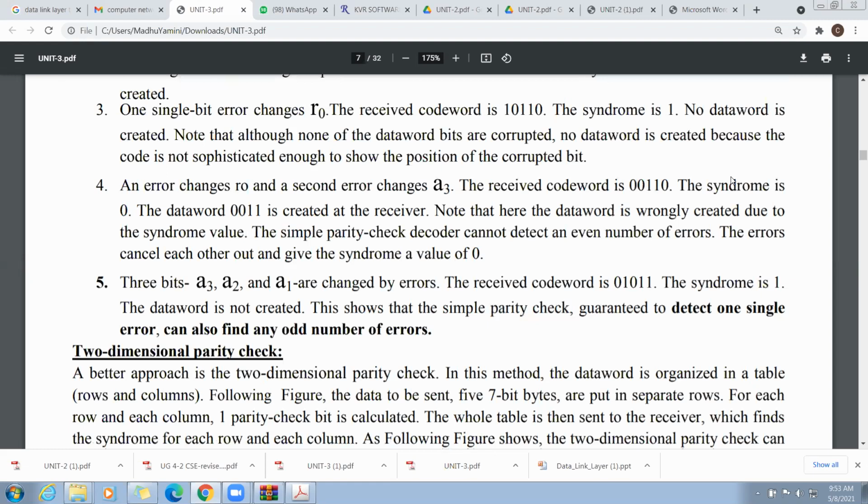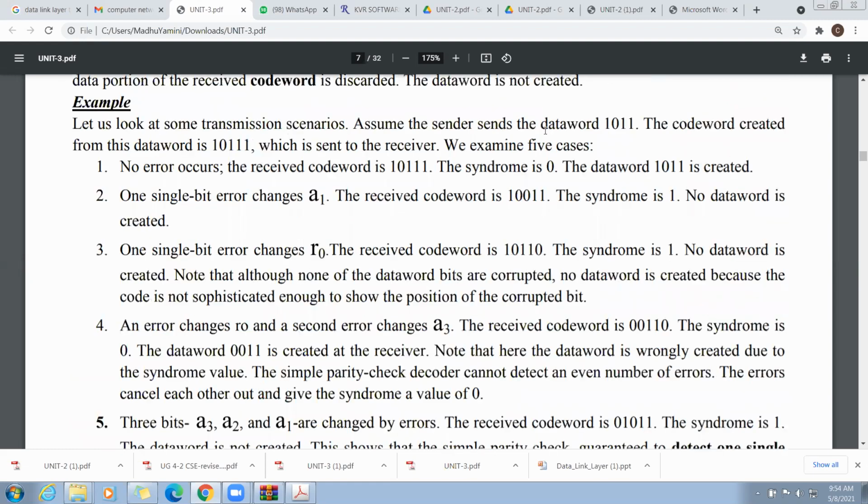This is the example they have given here. Students, note it down. Let us look at some transmission scenarios. Assume the sender sends the data word 1011. What is the code word created for this data word?